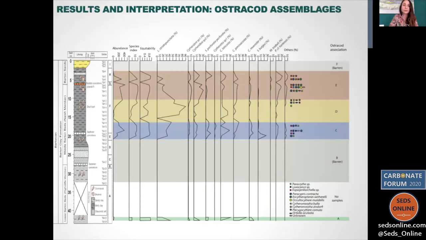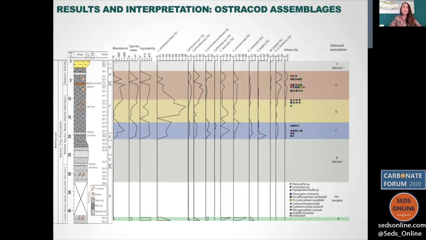Then I plotted the cluster analysis results against the stratigraphy to see the different paleoenvironments along the section. Starting from the bottom, we have the first interval that is made from just 2 samples, so we can't recognize the paleoenvironment. However, it's important to notice that this association is different from the others in the upper section. Moreover, we can notice the presence of ostracods at the bottom of the section that then totally disappear going upward in interval B.